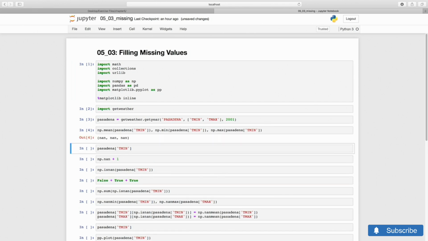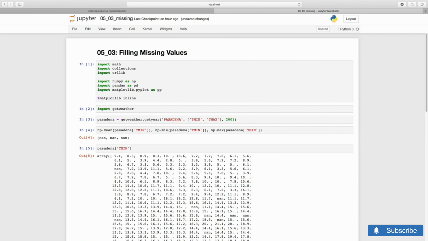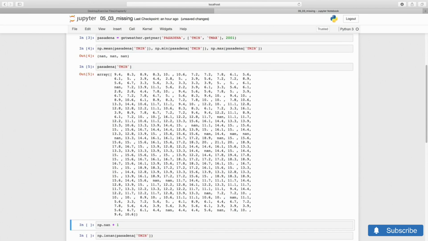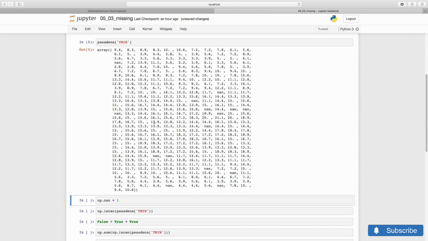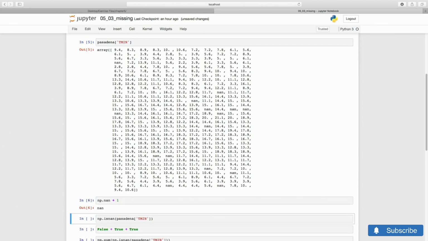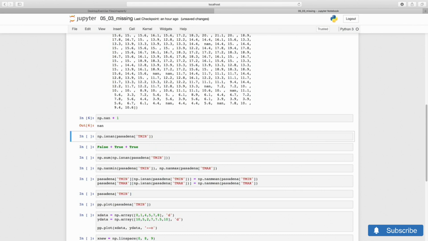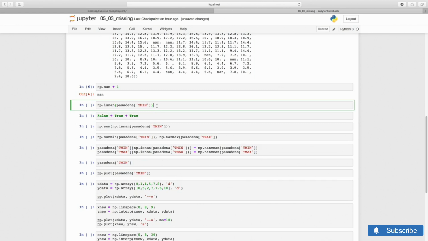But wait. In this case, we seem to get nans. What's going on? It shouldn't be surprising if we remember that the data contains missing values, which are indeed represented as nans. And nans can't really participate in any mathematical operation. Nan plus 1 is still nan. In fact, how many do we have? The NumPy function isNan